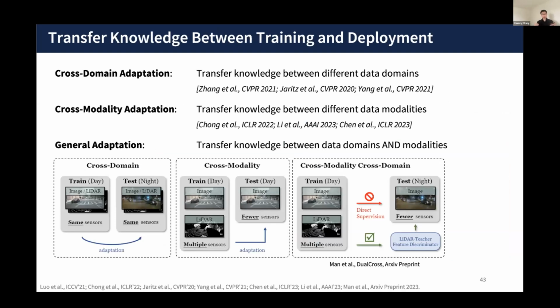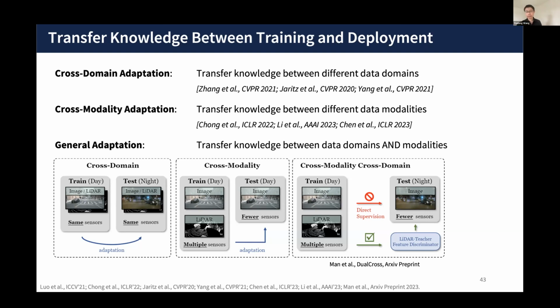Therefore, efficient knowledge transfer is desired, where knowledge learned during training is transferred to the test time model in a new domain. One line of work studies cross-model adaptation, where training and deployment of the model happens in different data domains. Another line of work explores cross-modality adaptation, where training and deployment leverage different sets of modalities. More recent work, DoCross, considers simultaneous domain gap and modality gap between the training and testing phases, representing a more